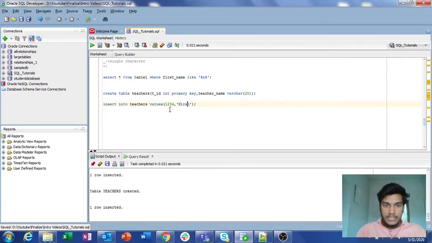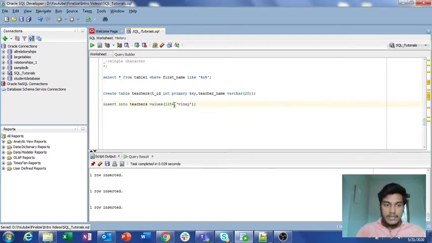Similarly I want to insert one more record here, 1244, which is the name of Swapna. I am running it, and similarly I am entering one more record here, 1254, which is a record of Vinay.